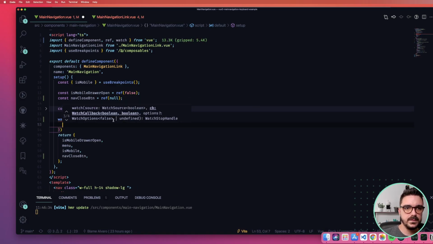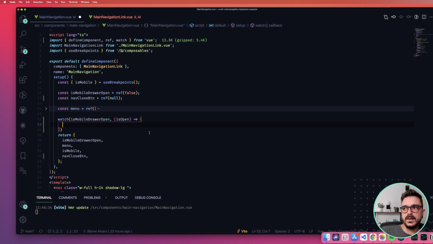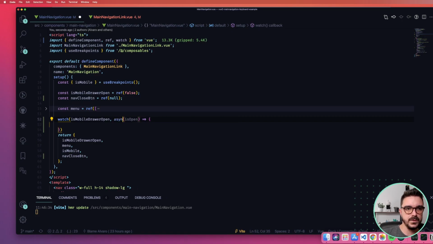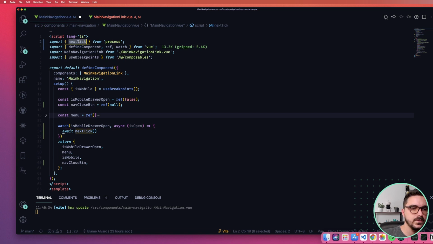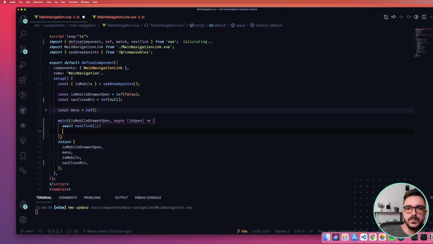So we pass this and we say isOpen. And because of how Vue 3 works, it will take a little bit of time to actually fill this value with the DOM element. So it's wise to make this asynchronous and just wait for the next tick to happen. So here we can use nextTick. We import it not from process, but from Vue. It will be like a setTimeout, but a proper one with Vue.